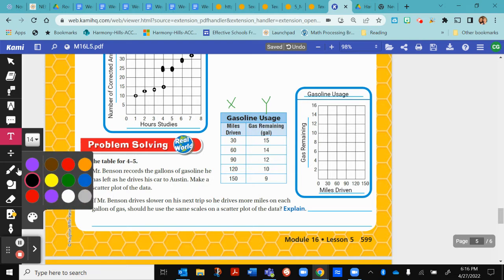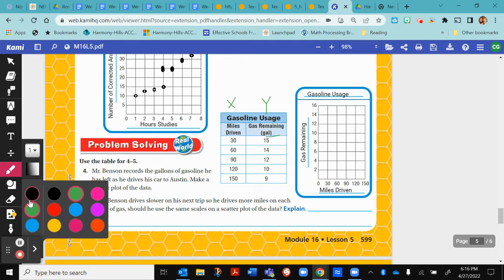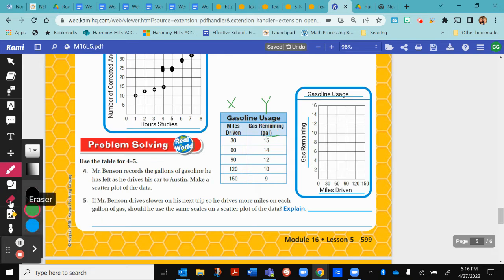I'm going to look. Let me change colors here. Remember I said to circle so that you can see. X is 30, Y is 15. X is 60, Y is 14. X is 90, Y is 12. Those are our coordinates. X is 120, Y is 10. X is 150,